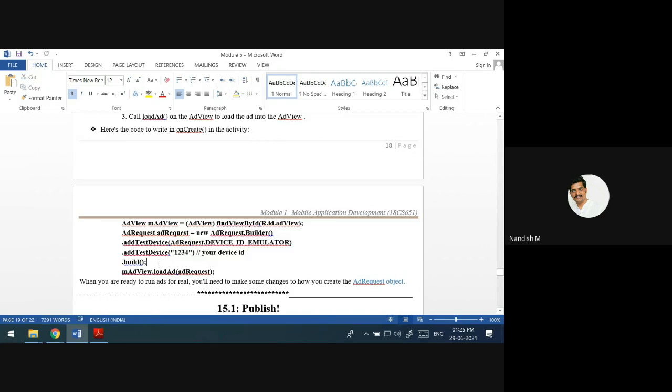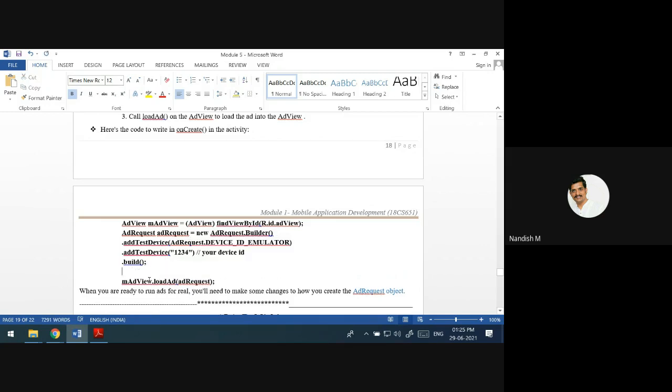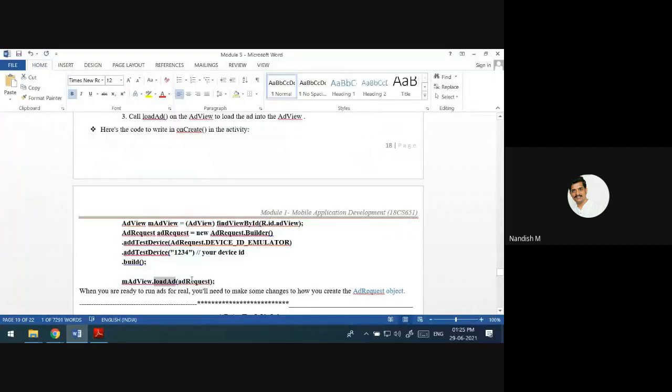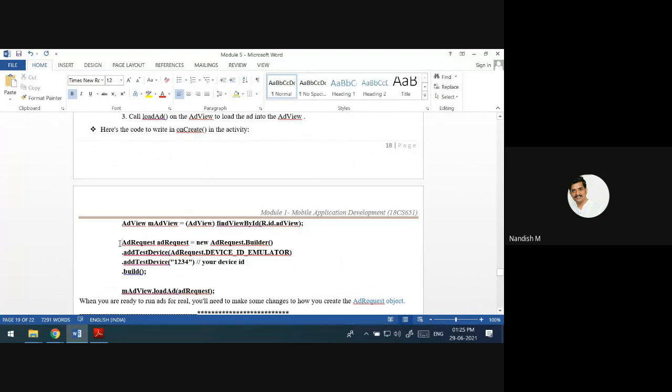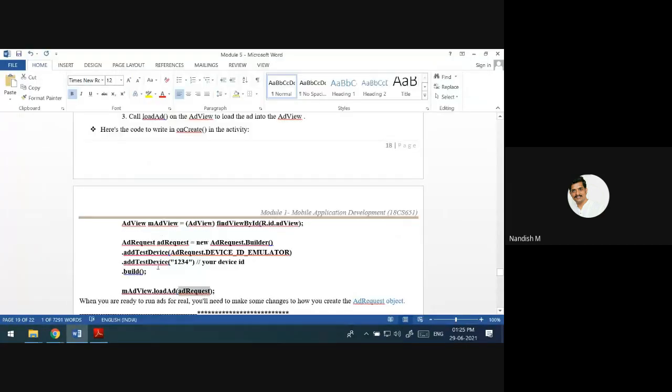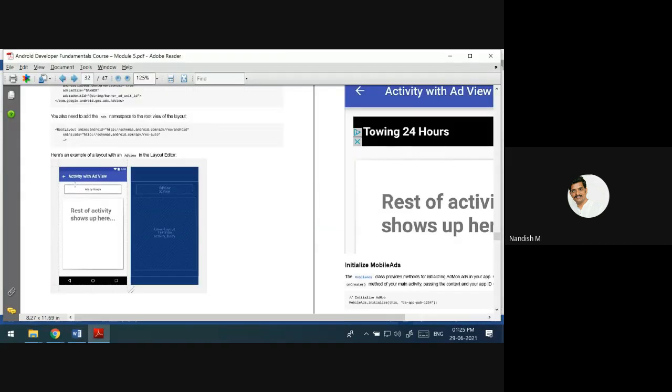Now see, this is the layout. Inside this box, loadAd means inside this ad request, some ad it is going to display. This is how you are going to test any ads that will be displayed inside this box.